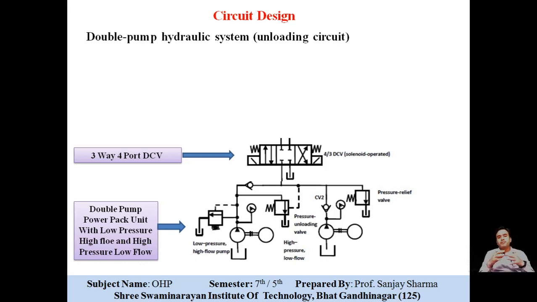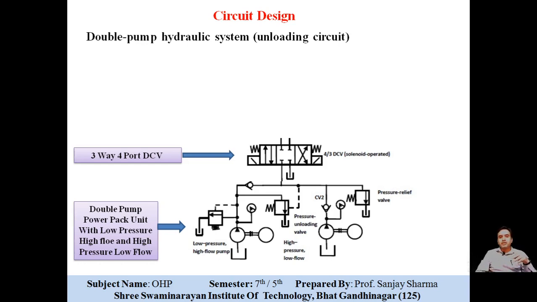It means this circuit is active when the punch of a shearing or punching machine is traveling towards the sheet metal. Thereafter you are seeing on the right hand side, it is a high pressure low flow type pressure circuit. So this circuit comes into action when the shearing of metal takes place, or the punching of the metal process is under process.